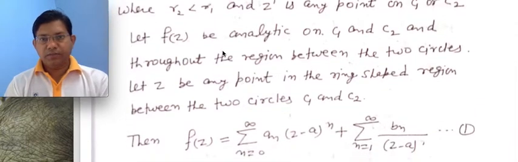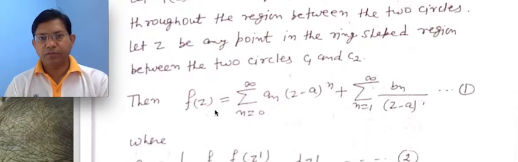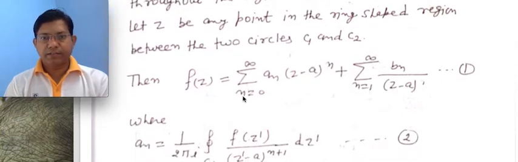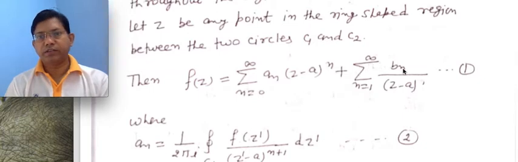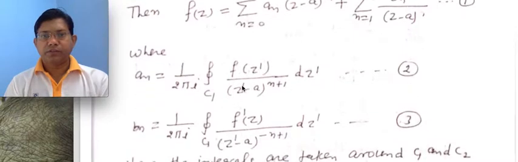Let f(z) be analytic on C1 and C2 and throughout the region between the two circles. Let z be any point in the ring shaped region between the two circles C1 and C2. Then f(z) equals, जो कि हमें प्रूफ करना है, summation n equal to 0 to infinity a_n (z - a)^n plus summation n equal to 1 to infinity b_n (z - a)^(-n). This is equation number 1,